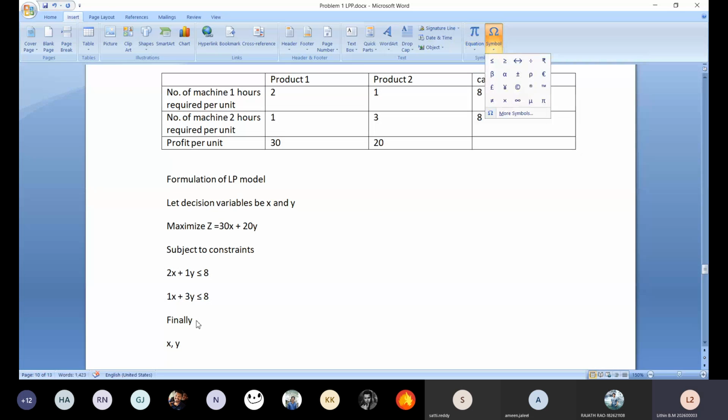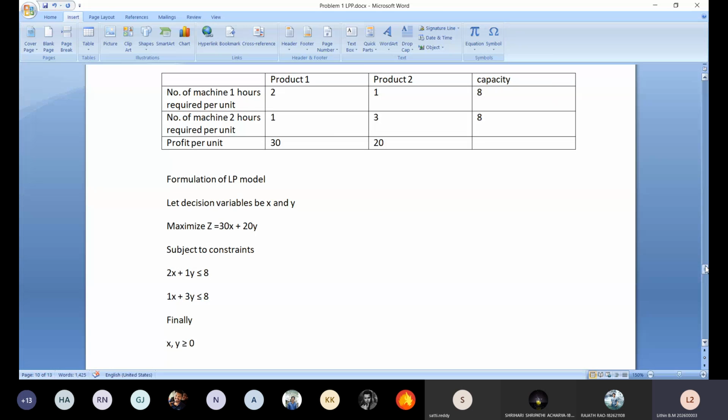It cannot be equal to 0, right? It's only greater than 0, right? No, it could be equal to 0, because 0 is not negative. One of your decision variables could be positive, and one of your decision variables could be 0 as well. Okay, sir, got it. Yes, so this is how we have to do it.